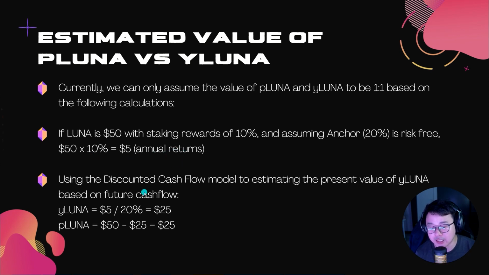And if you use the discounted cash flow model, which basically allows you to estimate the present value of yLUNA based on future cash flow, you will basically take $5 divided by 20%, and that gives you about $25. So if cLUNA, or basically Luna, is made up of pLUNA and yLUNA, and if yLUNA is $25, then of course pLUNA is $50 minus $25 equals $25. So right off the gate, it seems to be 1:1,